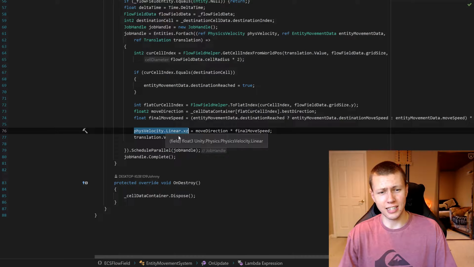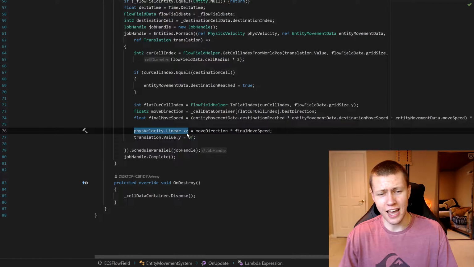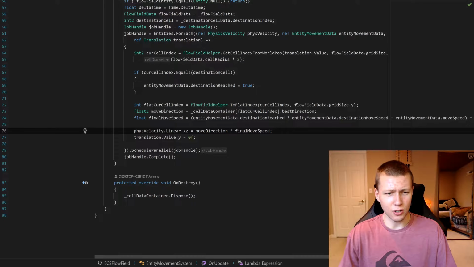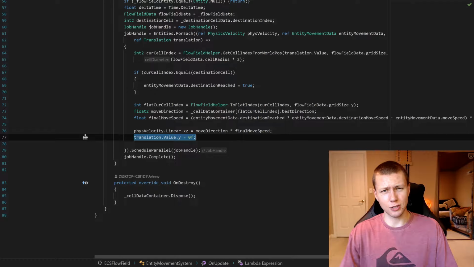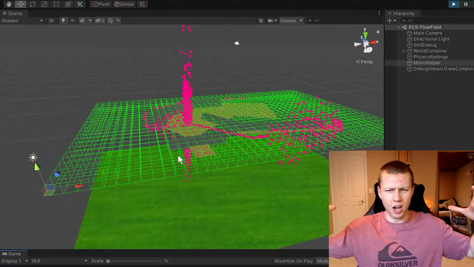And then here we're just going to set the linear physics velocity in the X and Z axes equal to move direction multiplied by the final movement speed. And then one thing that I did, again, this is super hacky, but I'm setting translation.value in the Y direction equal to 0f, because if I didn't have this, I was basically running into a problem where all the units